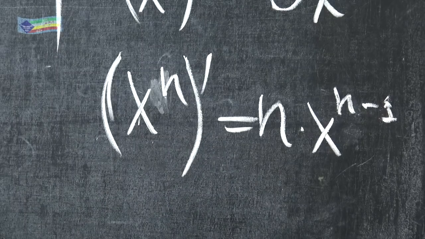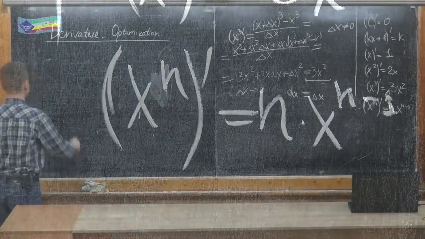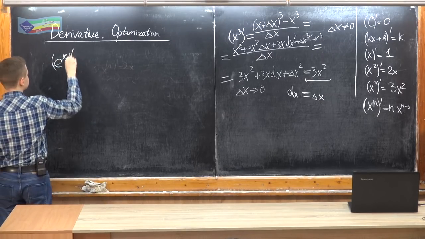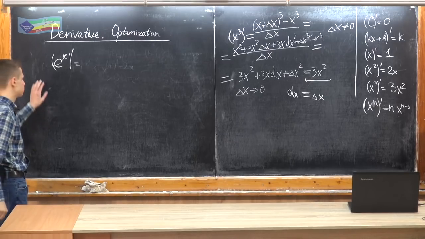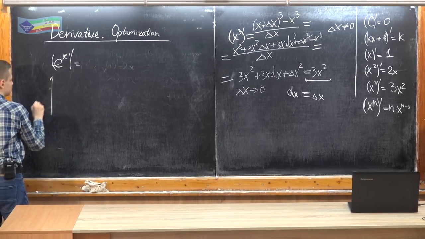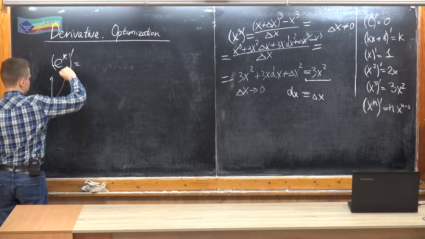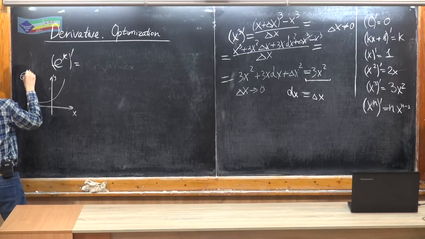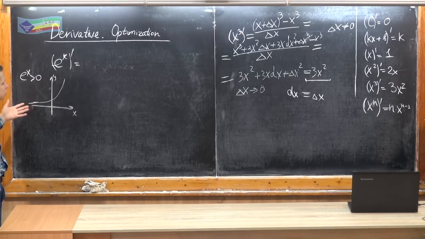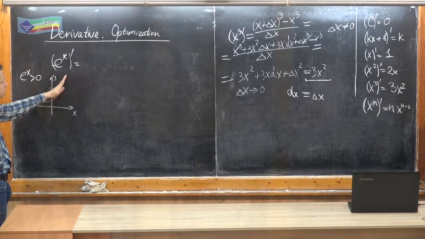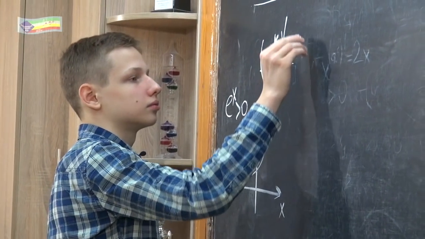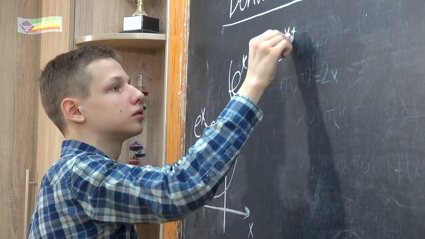And the last important function to calculate is the exponent. So we've talked about this function before, and the graph of this function looks like this. So it's just to remind that it's always bigger than 0, and it's pretty much always increasing in that way. So it can be calculated as